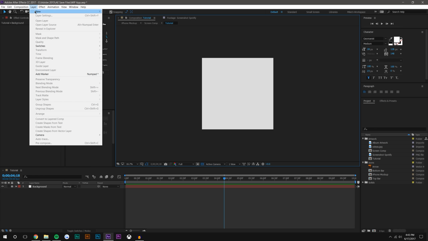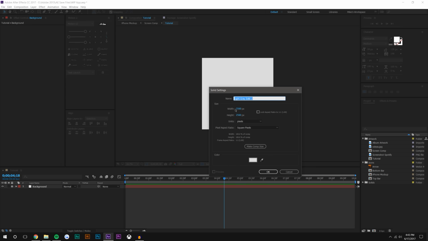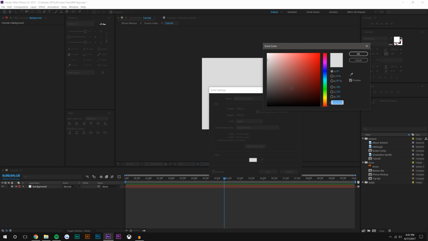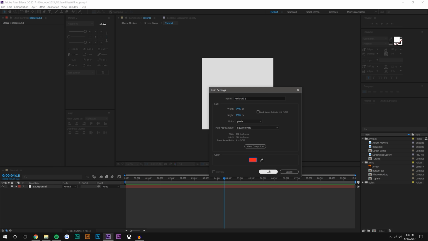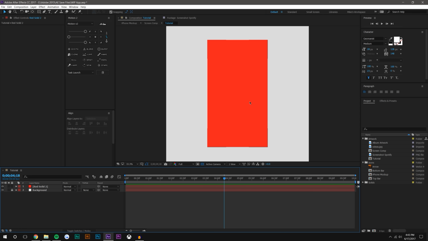What's important is we're going to create a layer, new solid. And we're going to change the width to 1080 and the height to, not apostrophe, we want it to be 1920. And I'm just going to make it some arbitrary red color just so I can see it and it pops on screen nicely. What I'm going to do now is come up to my effects and presets,